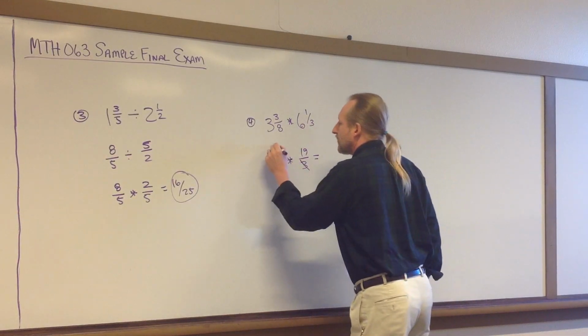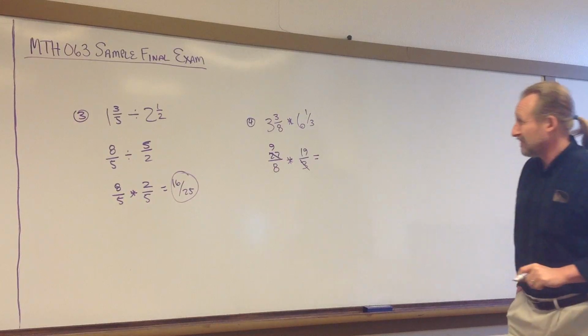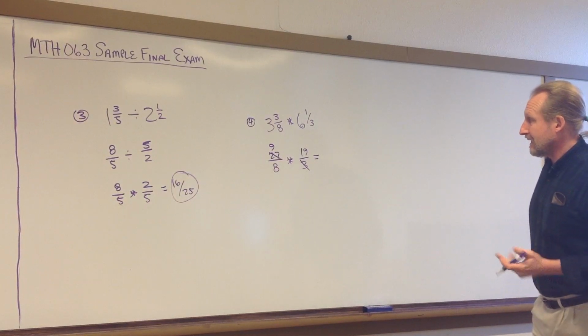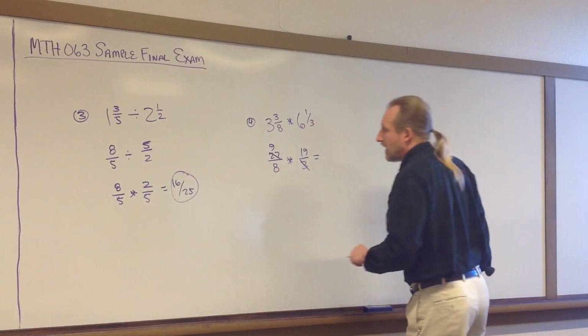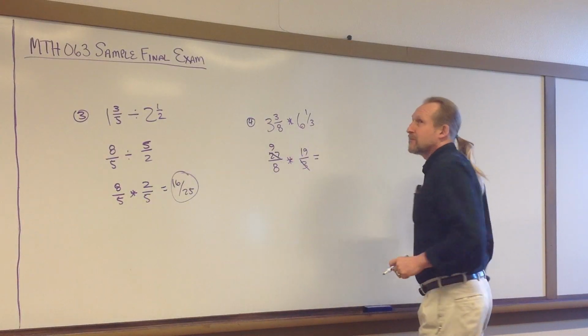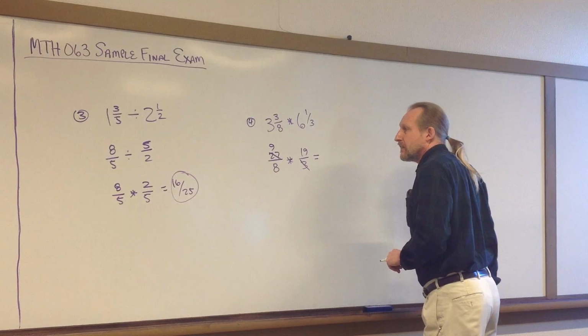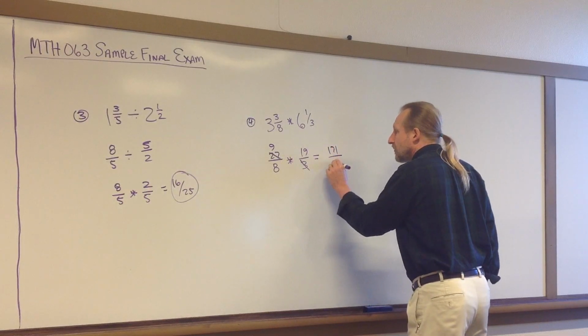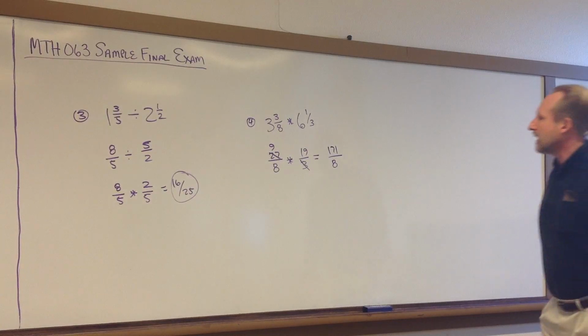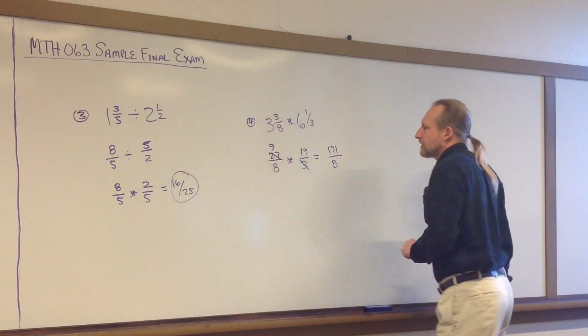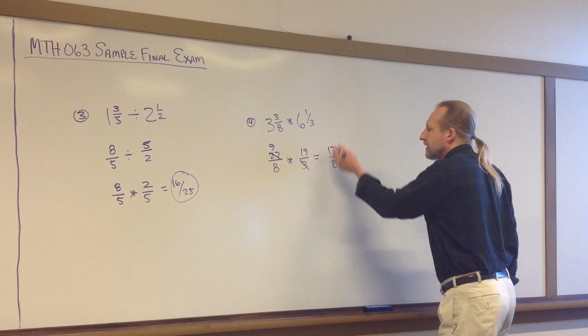The 3 goes into 27 9 times, and I think that's it. There's nothing more that we can cancel here. No more common factors, so 9 times 19 is going to be 171/8. Alright, okay. So then if we want to turn this into a mixed number, I'm going to divide 8 into 171,